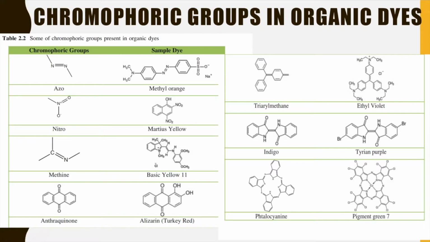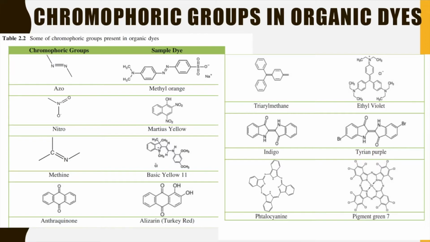Next, I'd like to take a look at the chromophoric groups. A chromophore is a part of a molecule responsible for its color. It is a region in the molecule where the energy difference between two separate molecular orbitals falls within the range of the visible spectrum. An auxochrome is a group of atoms attached to a chromophore, which modifies the ability of the